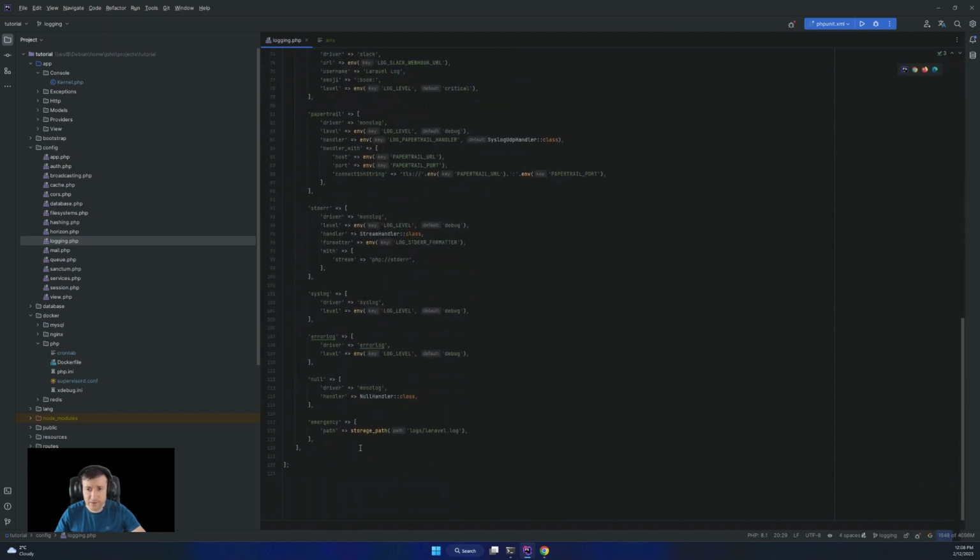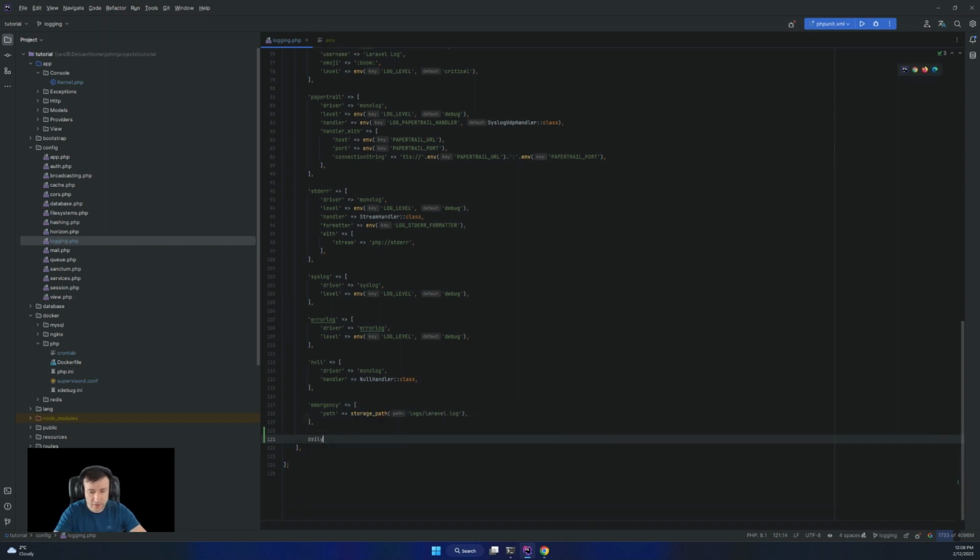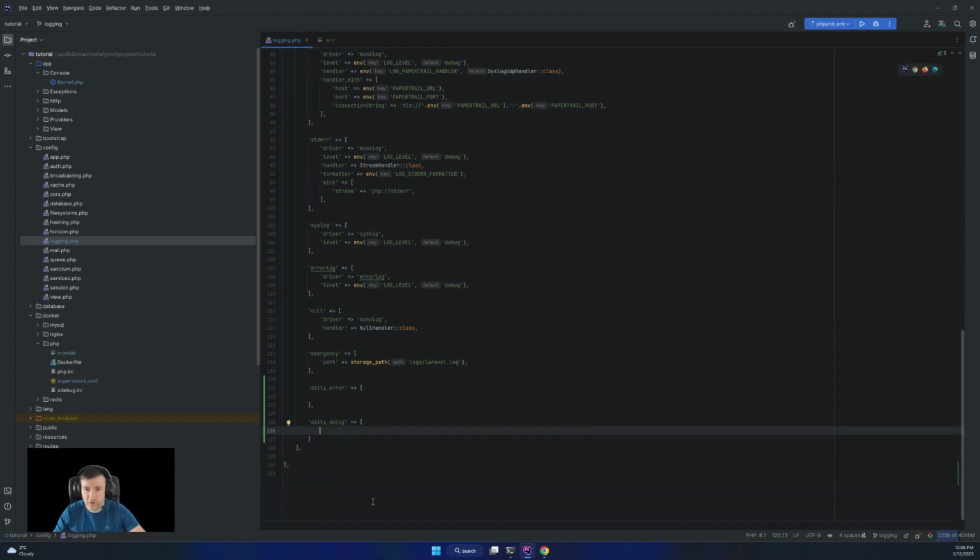Before we start, let me define two new channels in here: a daily errors channel and a daily debug channel. We want to keep them separated, so each level of logs is separate.